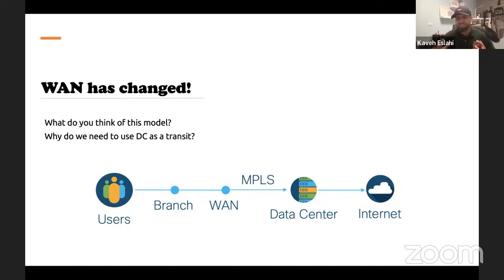What was the reason for creating something like that? What was the reason they were not using the internet as a WAN, or connecting these users from the branch directly to the internet or delivering the internet